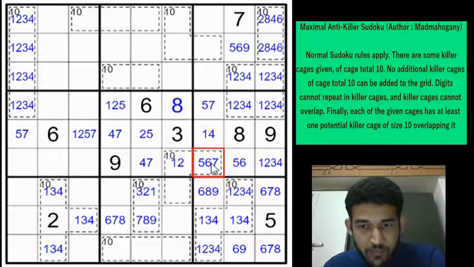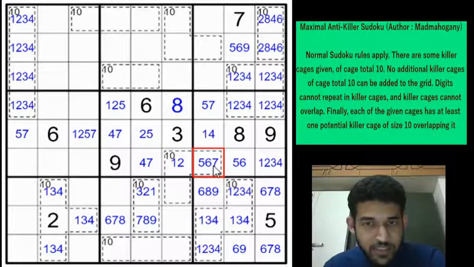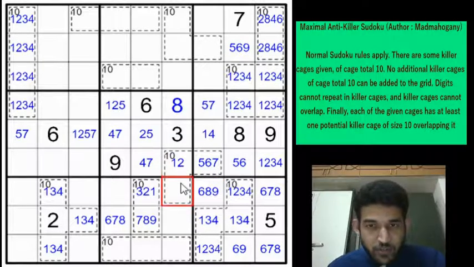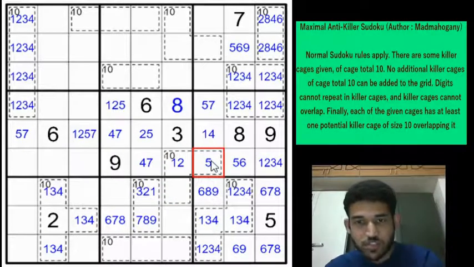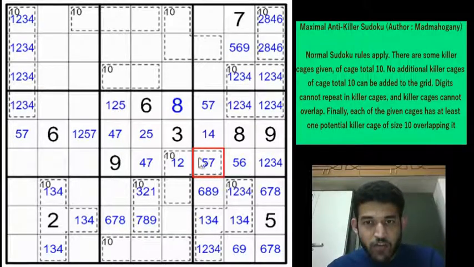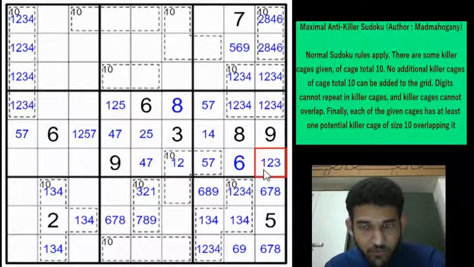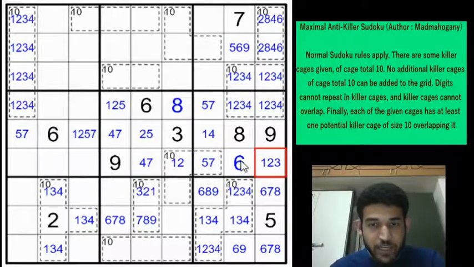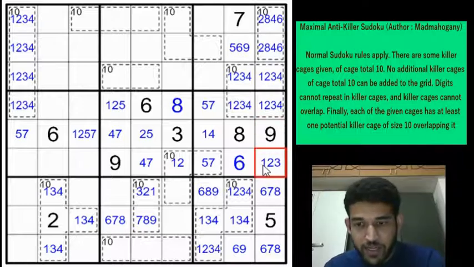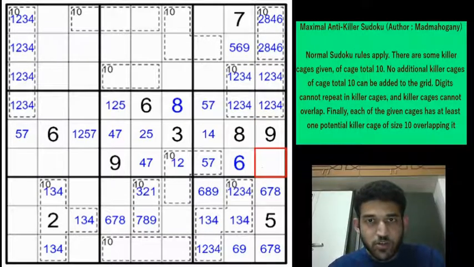Okay, I think we can eliminate the 6 from this cell, right? Because if you have a 6 in row 6 column 7, then these two cells actually must add up to 4, and that can only be satisfied using 1 and 3, but 3 is here, so this is going to be a 5 or a 7. Now we made a 5-7 pair here, so this cell is going to be a 6, and the moment we made 6 here, we can eliminate the 4, because 6 plus 4 will be a 2 cell killer cage, which is not overlapping with any of the given cages, which is not possible. And 9 plus 1 will be 10, so we can eliminate the 1 as well. So this will be a 2 or a 3.